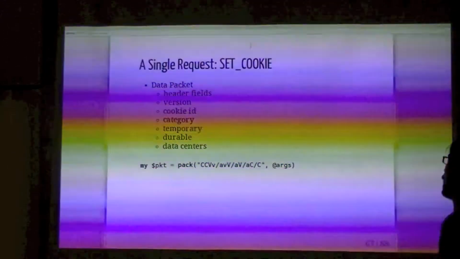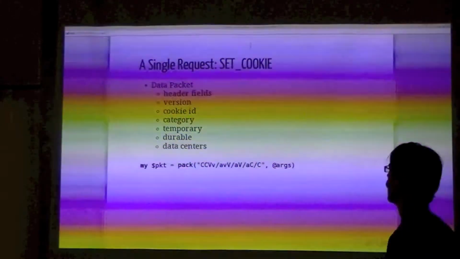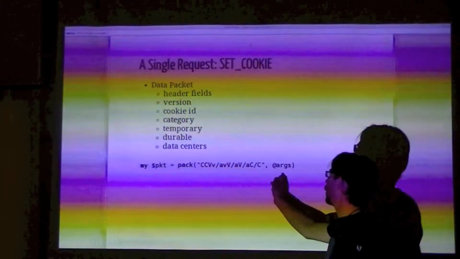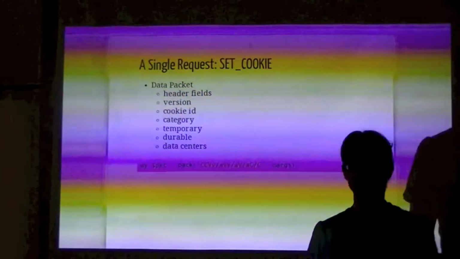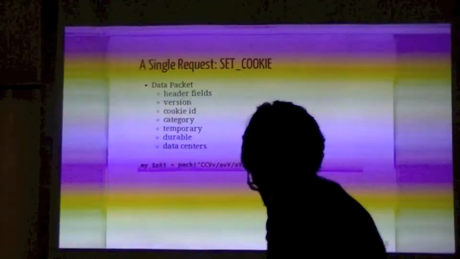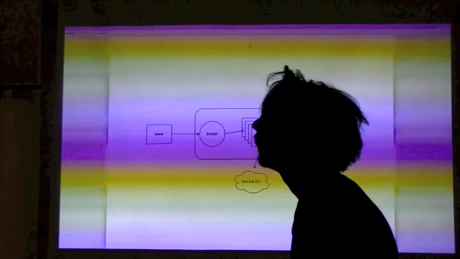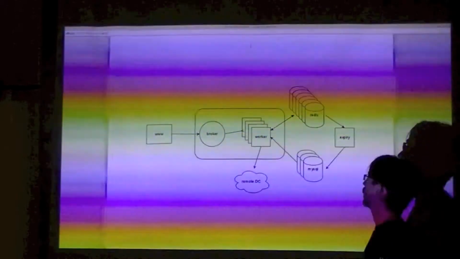And that works well. And in order to deal with our cross-DC replication, we have a list of data centers that we're going to replicate to. So that's that one going down. Yeah. So to be more explicit about what actually happens on a set cookie request,